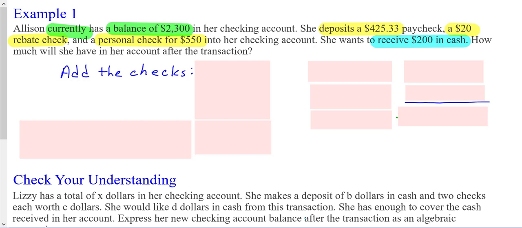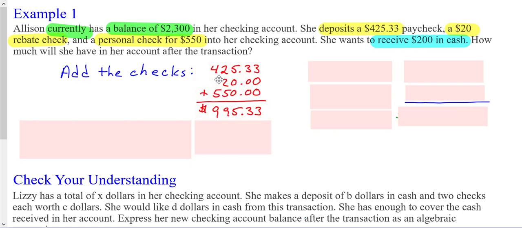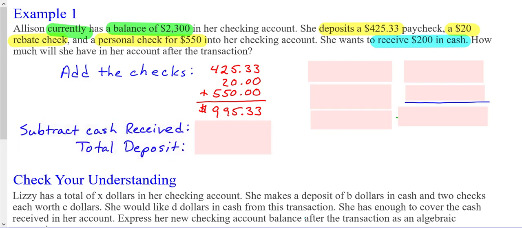So the first thing we want to do is add the checks to see how much we are putting into her account. And those are the items that we highlighted in yellow. So we would add all three of the checks, and we would get a total of $995.33 as the amount we're putting into her bank account. The next step that we want to take is to subtract any cash we want to receive back, and that will give us the total deposit amount for our transaction. So the cash that we want to receive is highlighted in blue. We want $200 back, so we need to subtract that from the $995.33, and it gives us a total deposit of